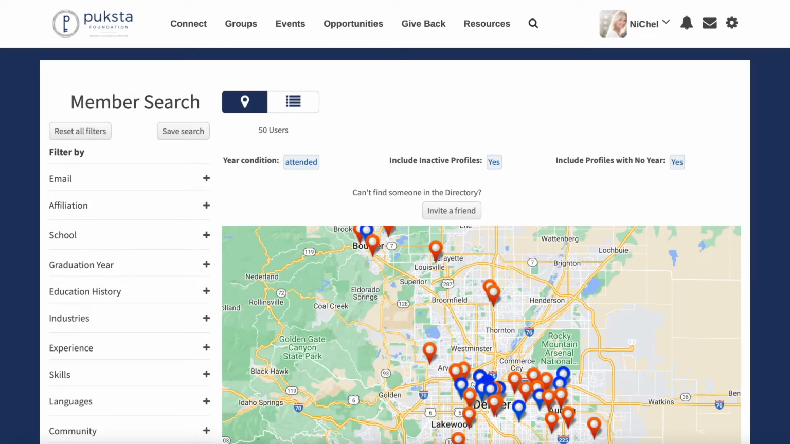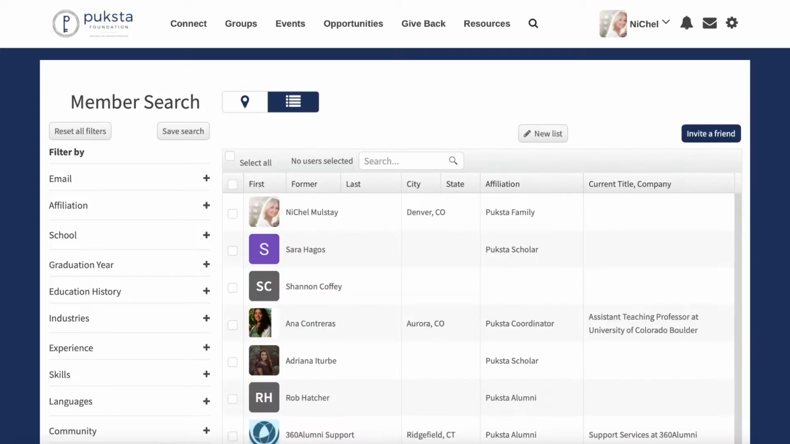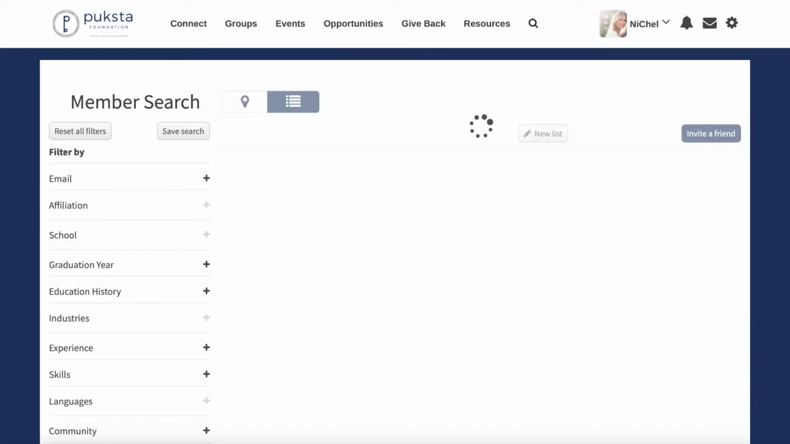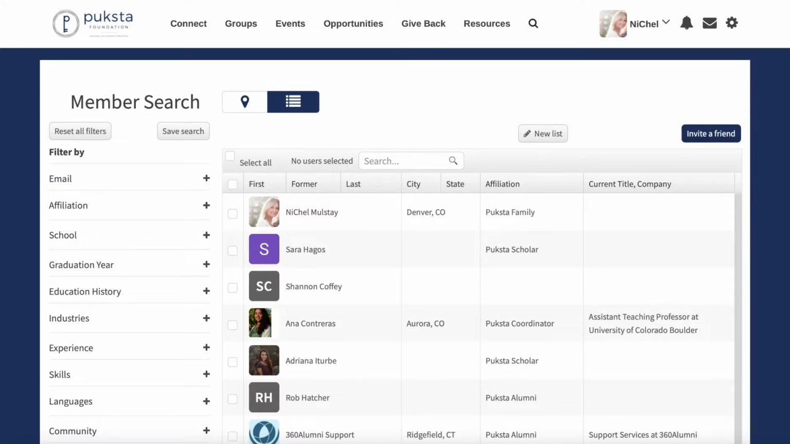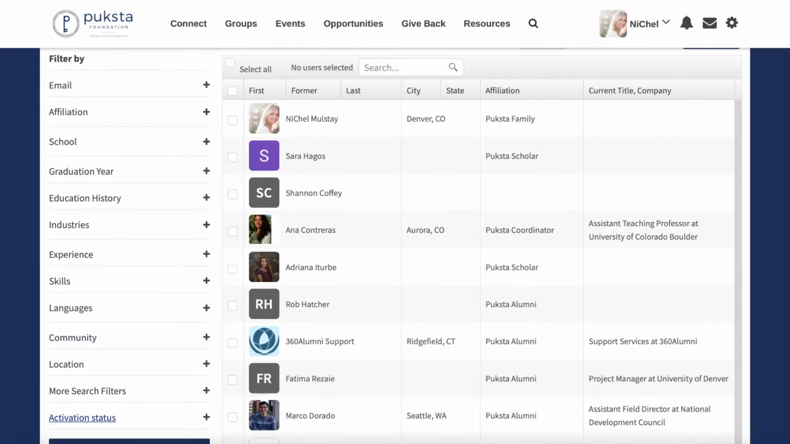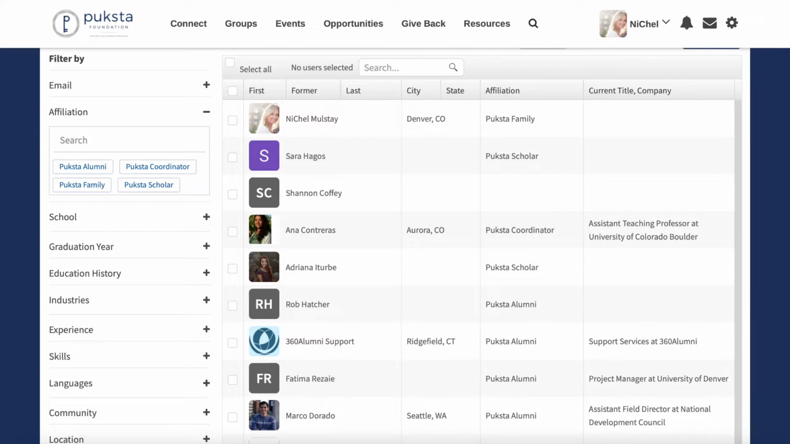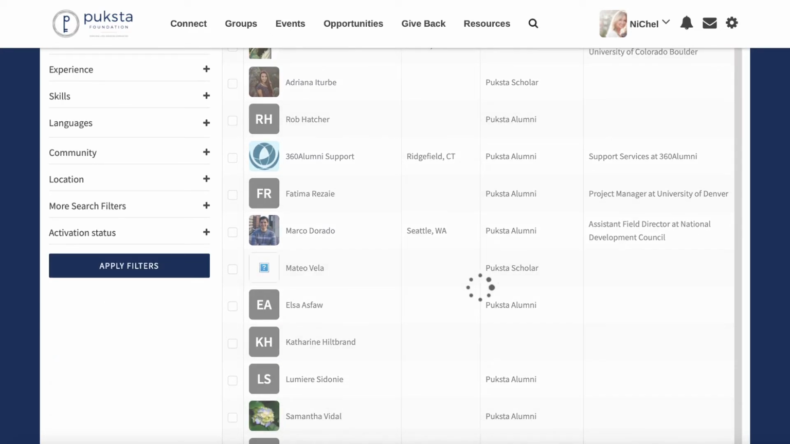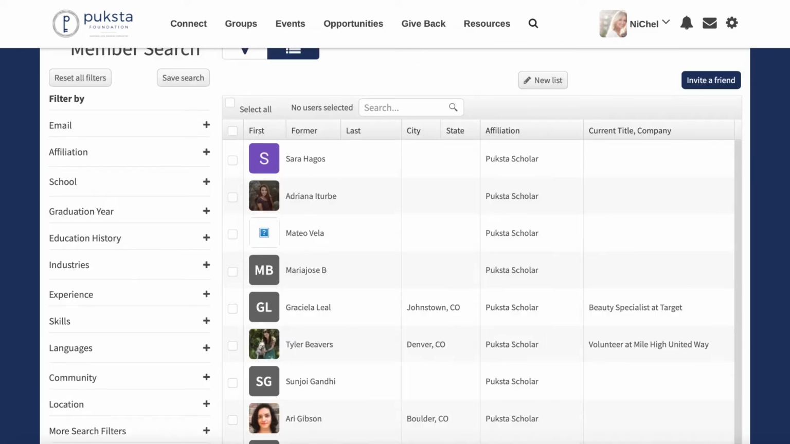Now, if you didn't want to use the map, you could come over here to the filter view to bring up a list of people instead and see them that way. Or you could come up here and just hit member search. It would do the same thing. Now you can see all of the different ways that we can search for alumni or scholars or even coordinators or former coordinators. So here you could search by affiliation and say, I just want to bring up a full list of all the current Puksta scholars. So you just click Puksta Scholar, come down here, apply filters, and here it would bring up all the current